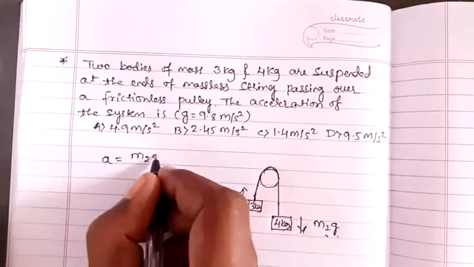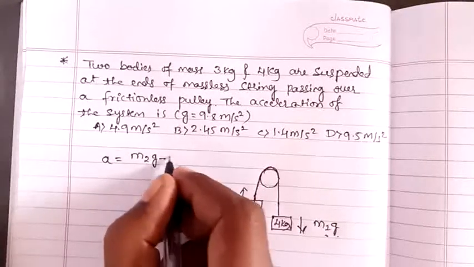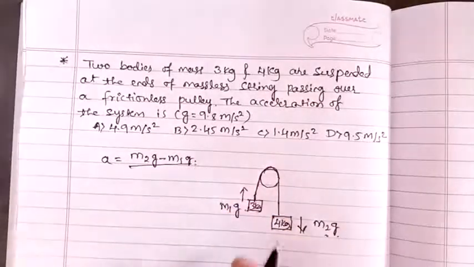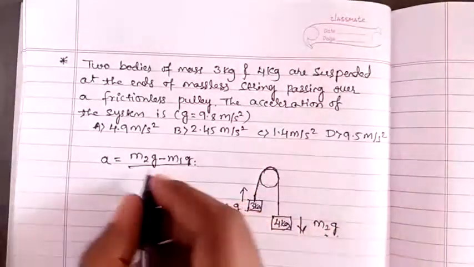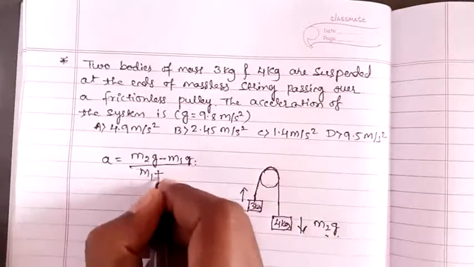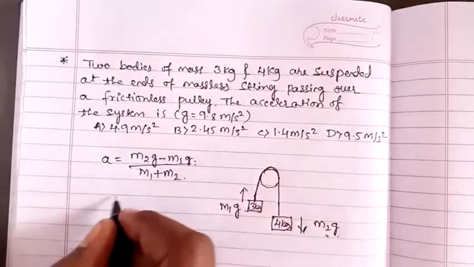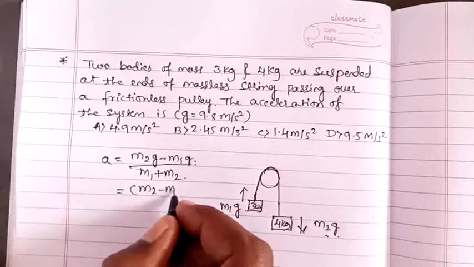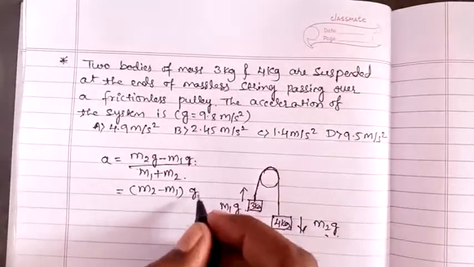Then it is m2g minus m1g divided by the total mass of the system, that is m1 plus m2. So m2 minus m1 into g,